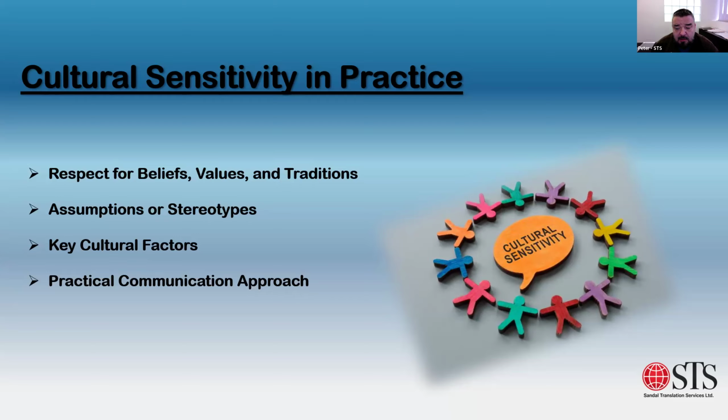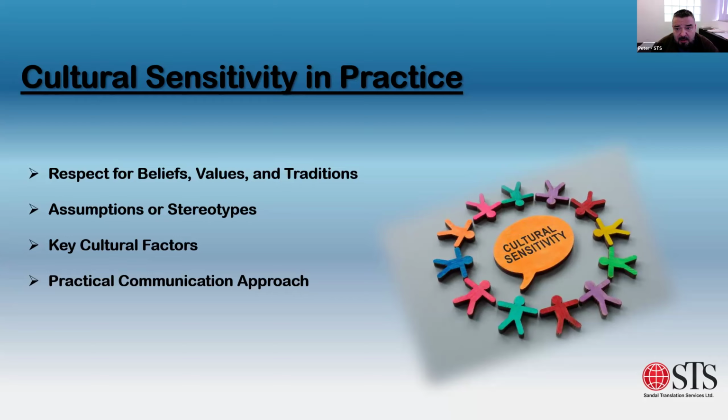Also, the doctors might assume, oh, I had a patient with the same issue, so the same medication might be needed, or we're going to do the same procedure. No, it's always good to ask first before assuming anything, because even if they have the same condition, that person might have a different background and will react differently, right?